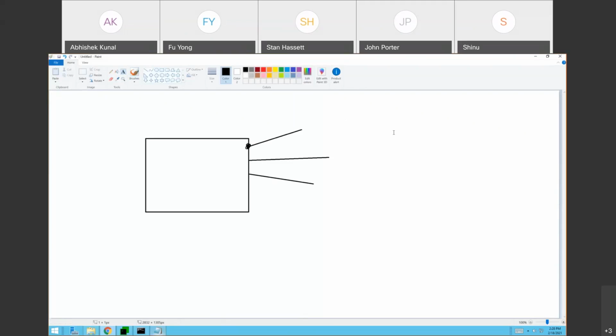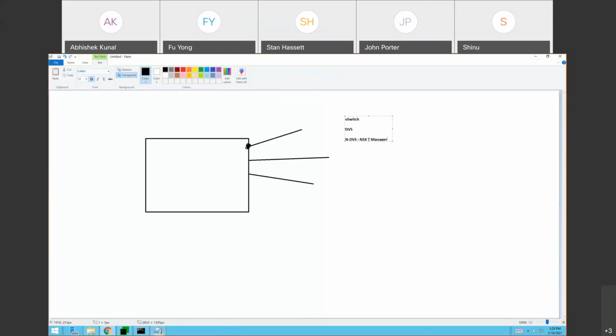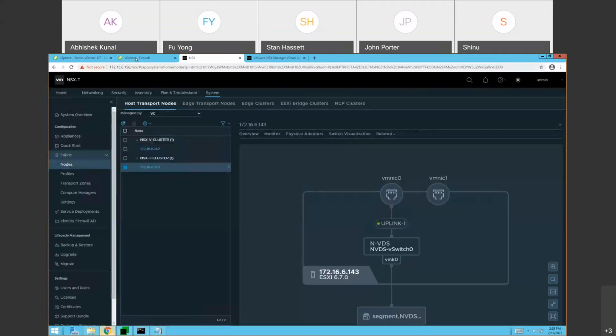So at this moment, you have vSwitch, which is going to be managed on a device by device basis, like per ESXi you will have a per vSwitch, or else you will have a DVS, which is the common methodology we have been following. And the other switch that will be created is called an NDVS. This will be created by NSX-T Manager. So you would find there would be 3 sets of switches created at the back end of ESXi. So if I go back to my current ESXi,